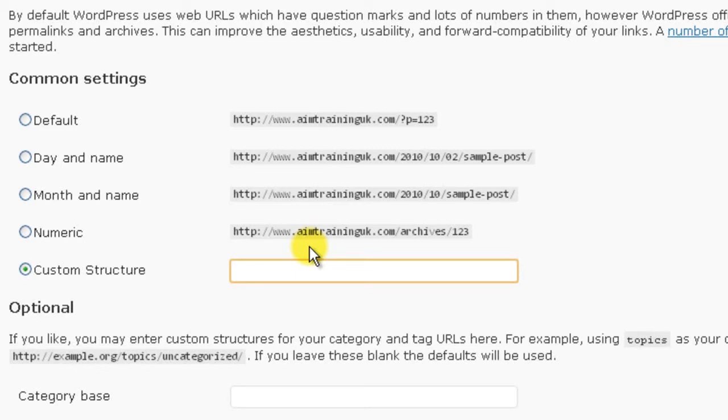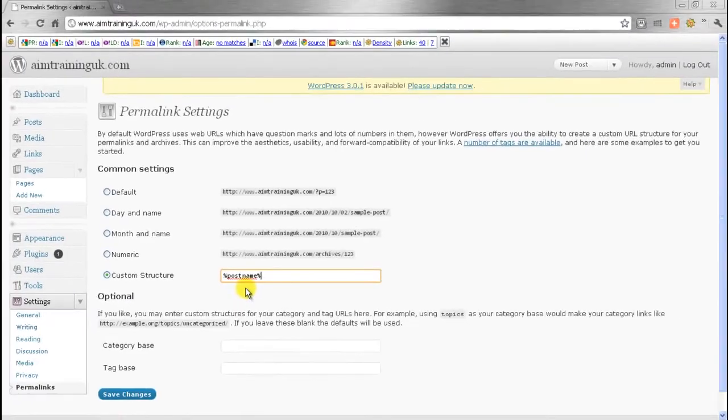percentage postname percentage. Now it's come up automatically for me. It probably won't do for you if this is your first time at installing something. It's just that my computer remembers these things, and so it's already come up because we use it all the time. So percentage, post name, percentage, really important to do that. And if we just save the changes,